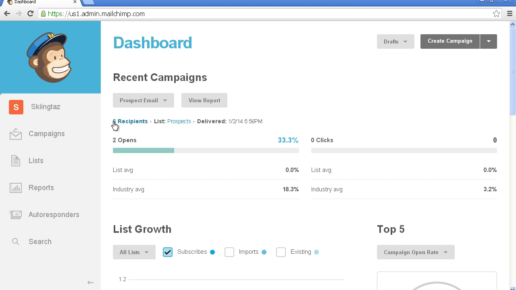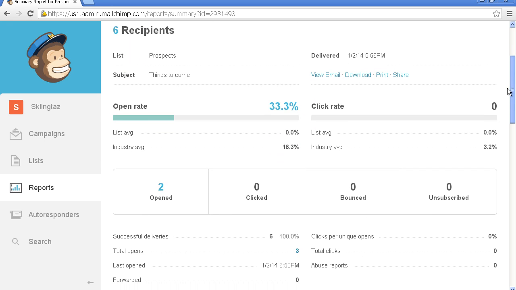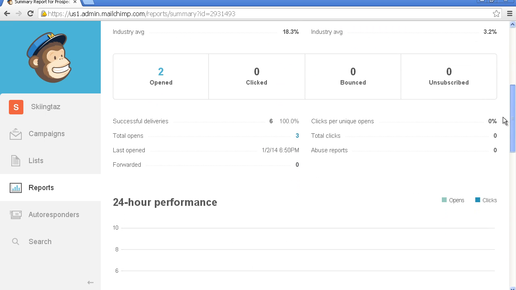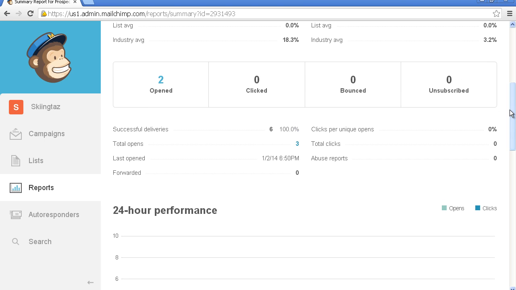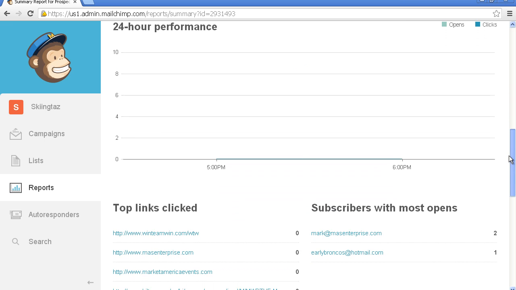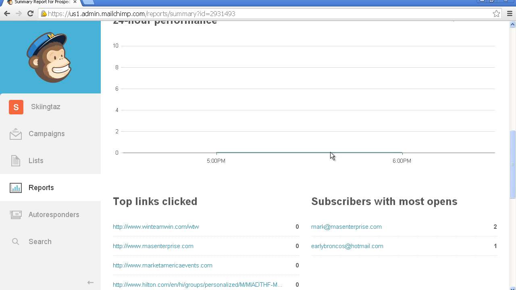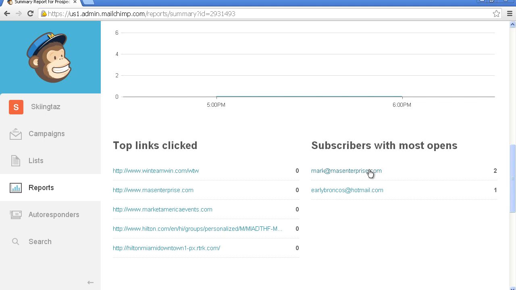You can see it was sent to 6 people. There were 2 opens. With the reports, you can actually see who opened it, how many people clicked on it, how many people it bounced to, if anybody unsubscribed. If you scroll down, you can see that there were between 5 and 6. There's a little bar there, and I can see who actually opened it, and if any of the links were clicked,